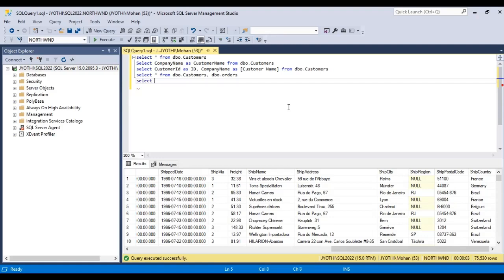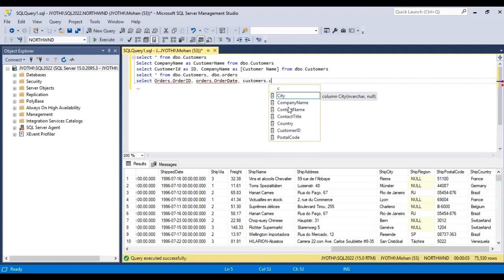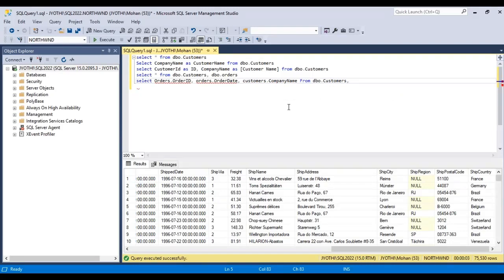Select orders dot order ID, comma, orders dot order date, comma, customers dot company name, from dbo dot customers, comma, dbo dot orders.